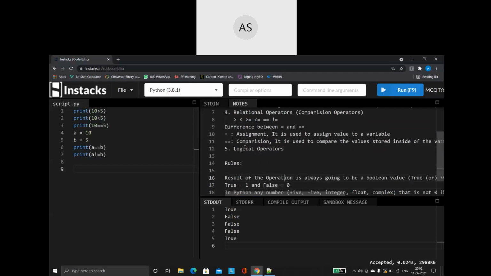Result of the operation for relational and logical. For both, it is always going to be a Boolean value. So whether we are doing a comparison operator or we are using logical operator, the result of the operation is always going to be a Boolean value.